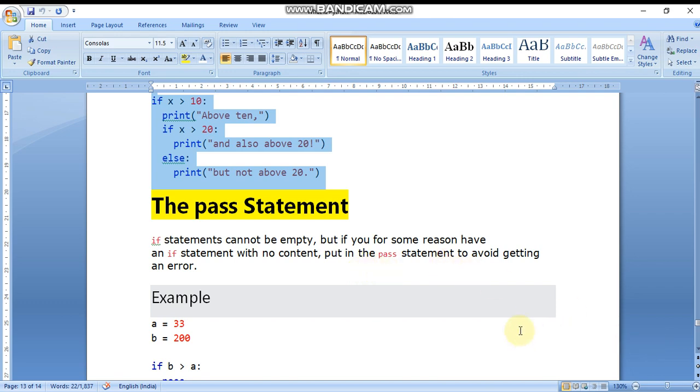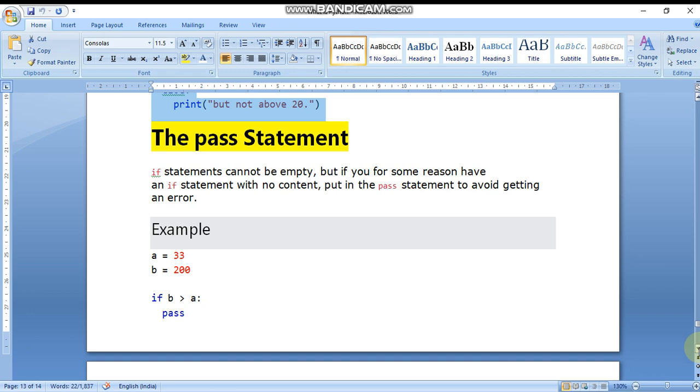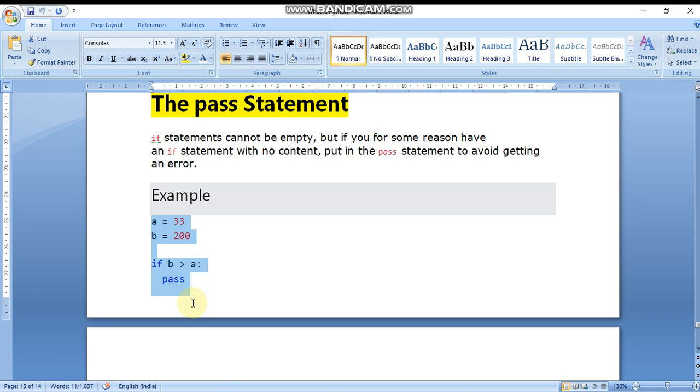Yes, so if there is any condition of an if that you do not need, and you don't want to give a body of that if, then you can use the pass statement. So I'm going to execute this thing. See here,